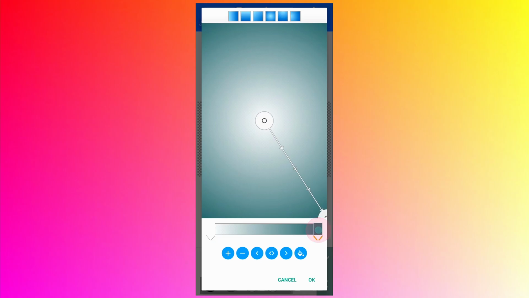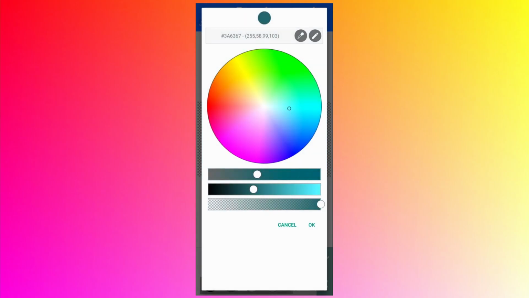Now tap on the right-hand side slider button, and again tap on the color. Make sure that you are completely on the left-hand side for the topmost slider, and for the second slider just move it a little bit towards the left to have a gray color, not too dark, just a small grayish color, and again add a little bit of transparency to it.